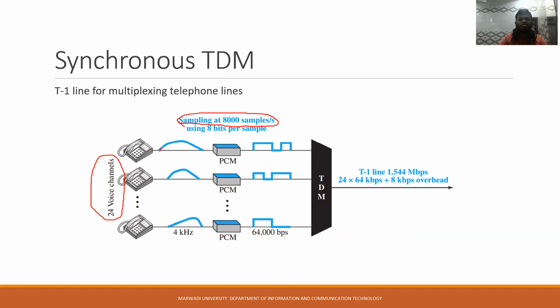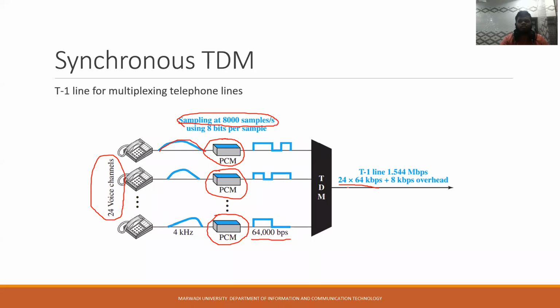Since these voice channels are analog in nature, we use pulse code modulation or PCM, which converts the analog signals into digital signals. All of those have 64 kilobits per second. So that would be 24 times 64 kilobits per second, which is performed here,